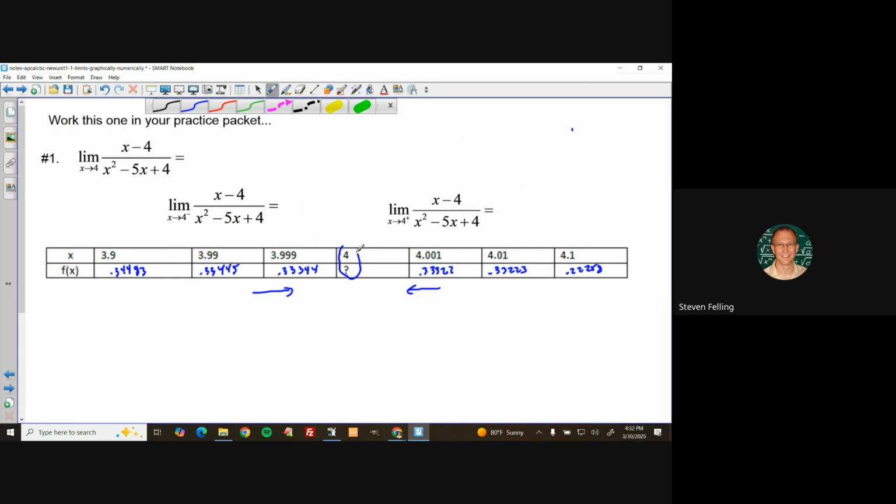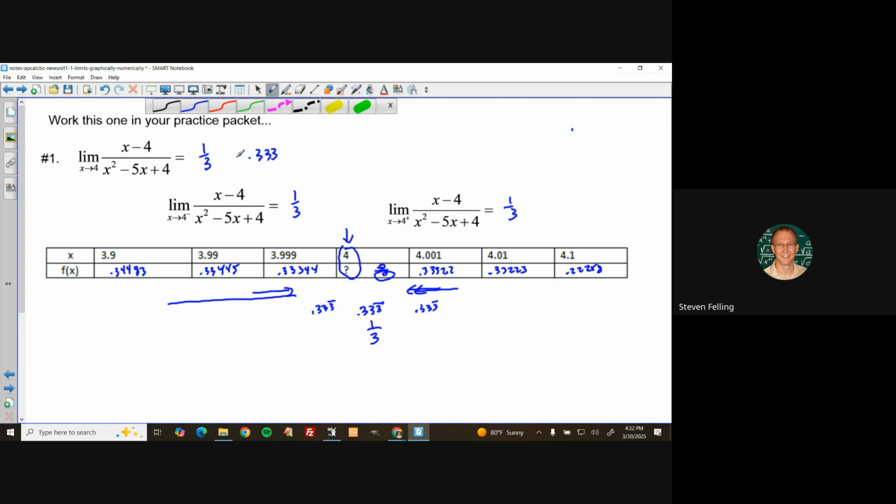Now you can't actually plug 4 in because you'll get something divided by 0. Actually, you get 0 divided by 0, and something divided by 0 is undefined. So technically, right at 4, that's undefined. But the limit seems to be getting closer and closer to the number 0.333 repeating. Same thing on this side. So that suggests that the limit is 0.333 repeating, which is just the fraction 1/3. So the left-handed limit is approaching 1/3. The right-handed limit is approaching 1/3, and therefore we can declare the limit is equal to 1/3, or in decimal